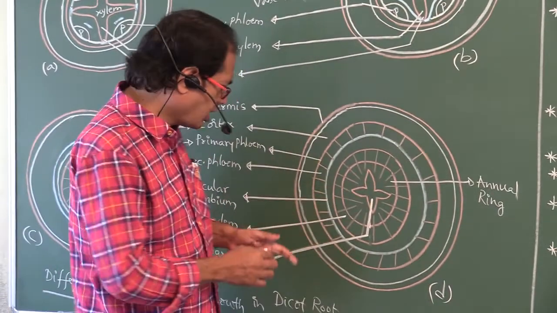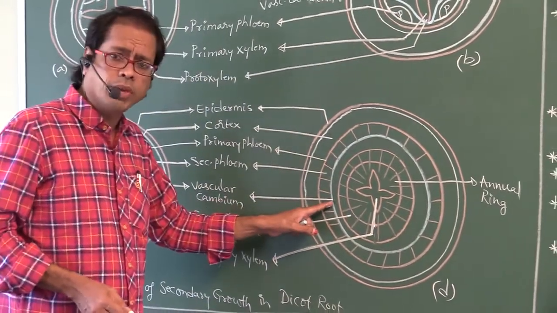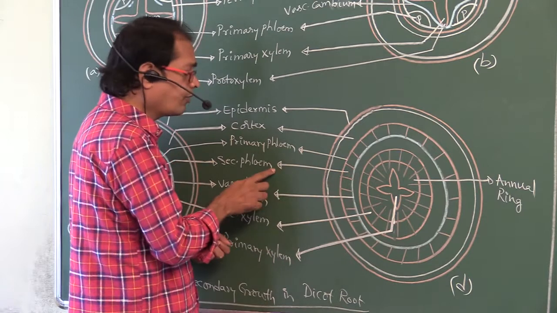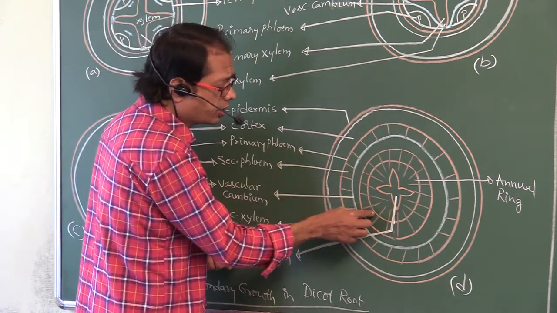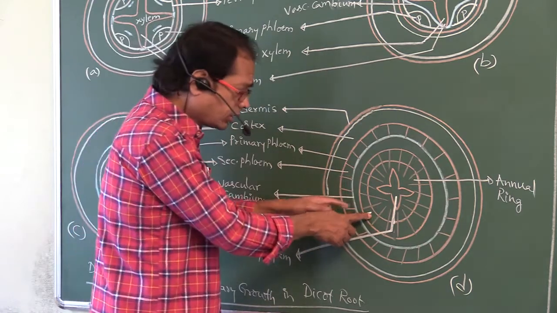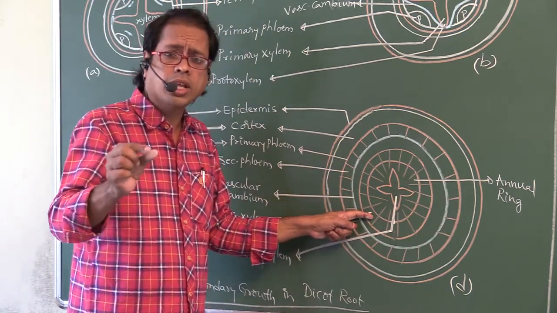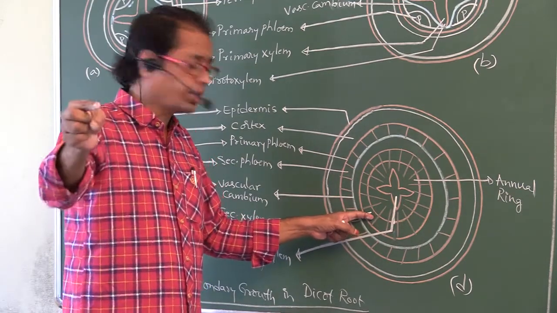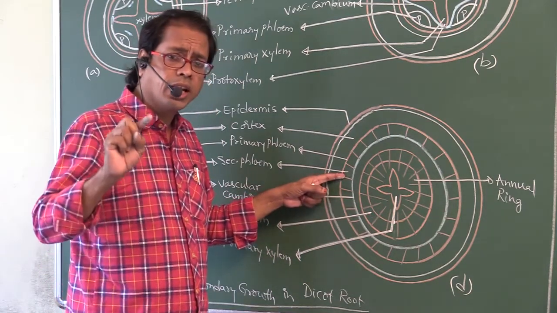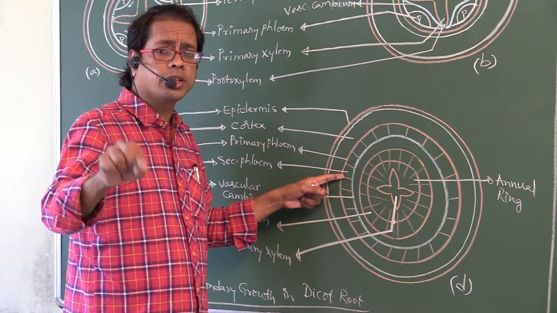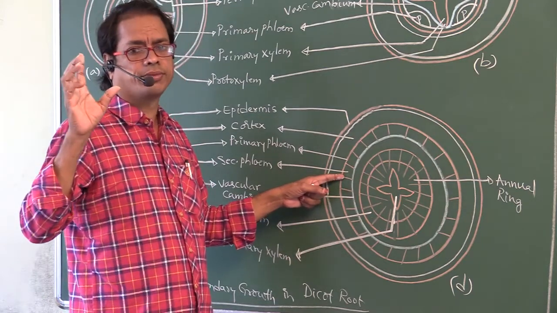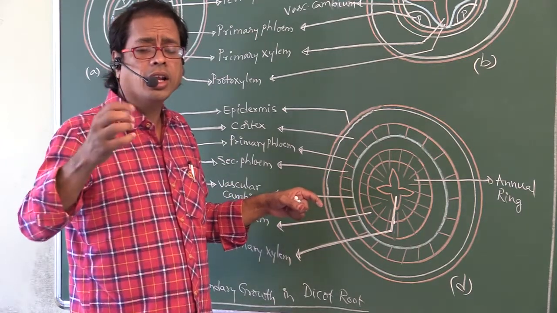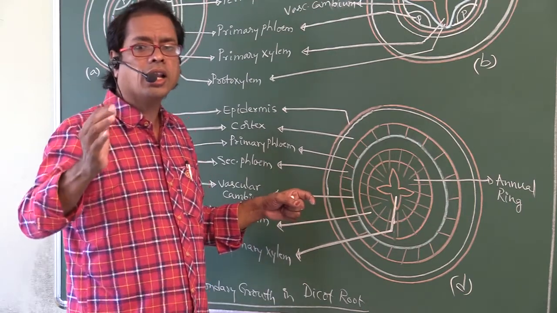See, this is the vascular cambium. Towards the outer side of this vascular cambium, secondary phloem is produced; towards the inner side, secondary xylem. The ray parenchyma cells found in secondary xylem are called secondary xylem rays, also called wood rays. The ray parenchyma cells found in secondary phloem are called secondary phloem rays, also called bast rays. Okay, these ray parenchyma cells are useful for radial conduction, also called lateral conduction.